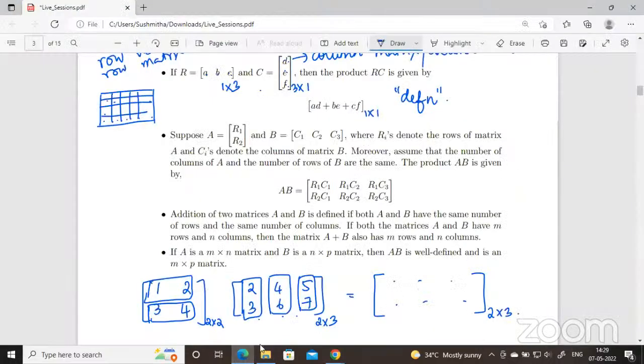Okay. So multiplication of matrices is clear, right? Yes, ma'am. This point we've already discussed. If I can add 2 matrices, then they should have the same number of rows and the same number of columns. And multiplication: m cross n with n cross p will result in an m cross p matrix, because the number of columns of the first matrix is equal to the number of rows of the second matrix.